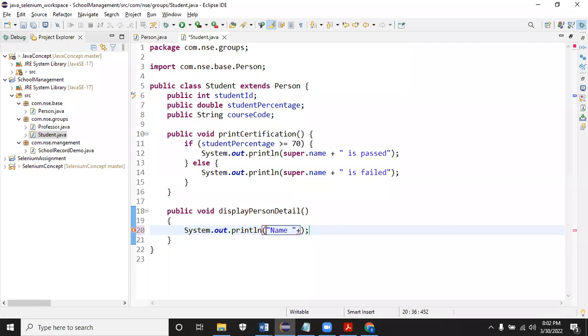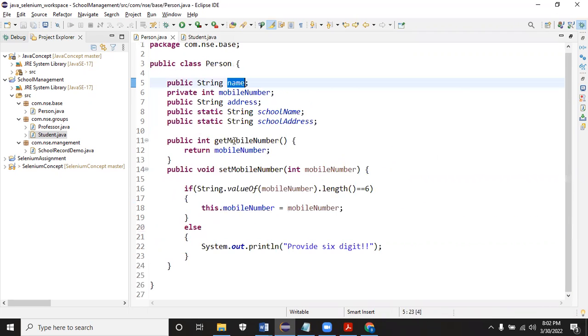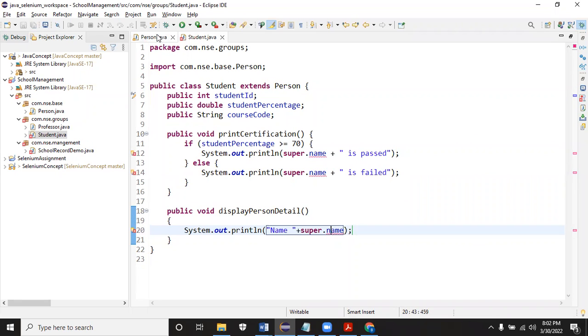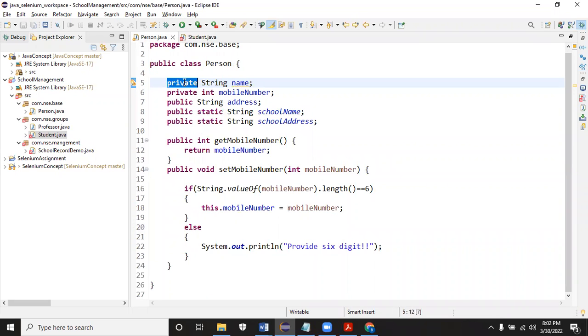Now, this method tries to print the name of the student. Name is coming from which class? It's coming from the parent class. You can use super dot name. For example, if the name is private, you cannot access it, only through the getter and setter.